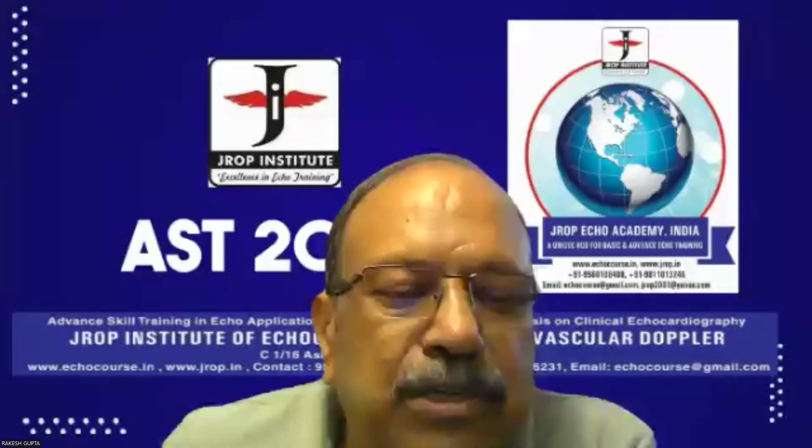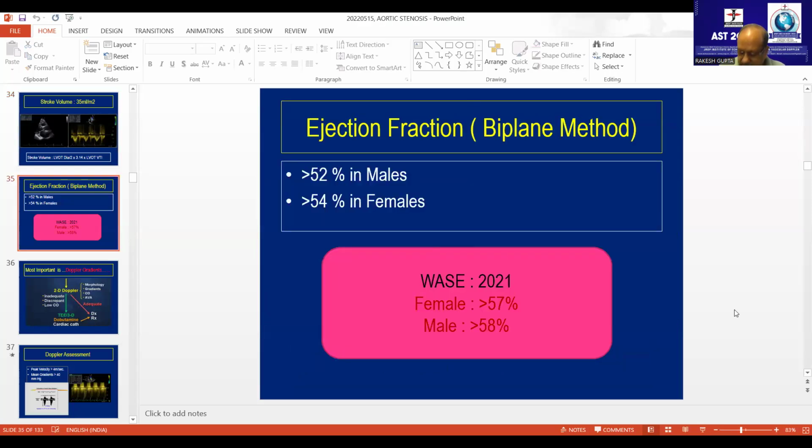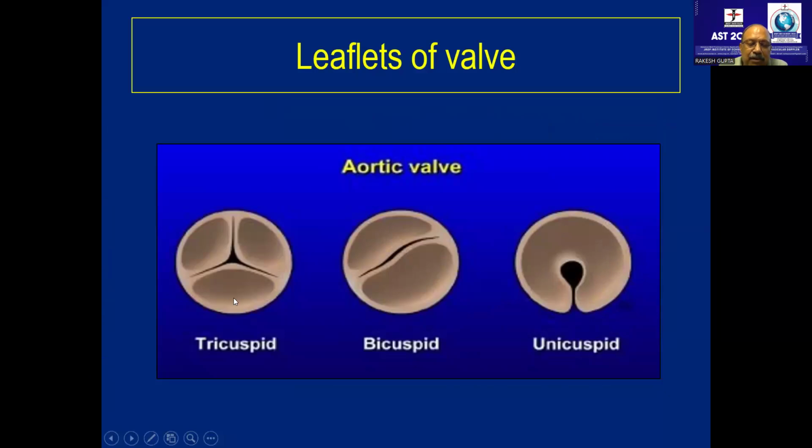Now let's get back to aortic stenosis again. The problem with aortic stenosis is that it's really a tough nut. The reason is that we have three leaflets of the aortic valve: right, left, and non-coronary cusps. These are known as raphe 1, 2, and 3. Some stenosis happens. How do you say this raphe is involved, this raphe is involved, or all three of them are involved? How do we say that?